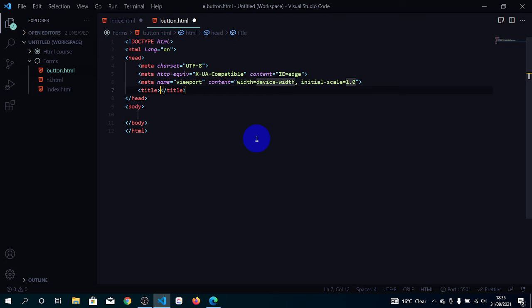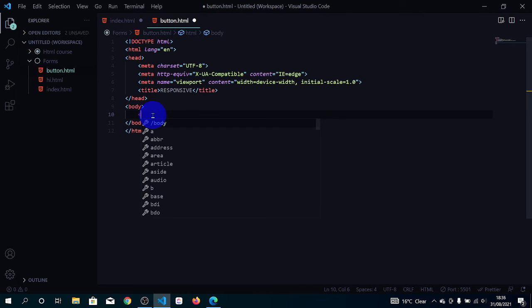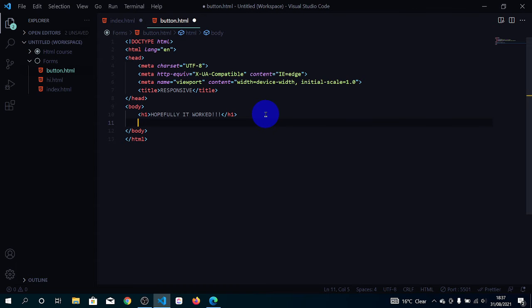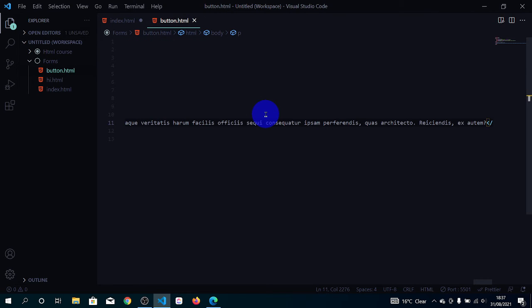Oh no, I think we should add here responsive. Yeah, responsive, and come here, add a heading h1. Hopefully it worked. Save, and we're going to add a little paragraph here saying paragraph and generate me lorem 300. I want 300 words. Saved. Come back,